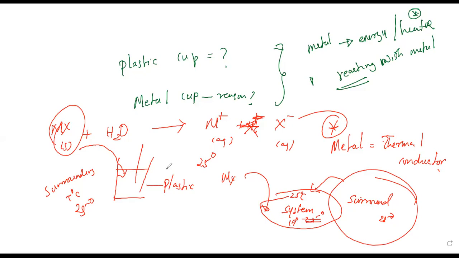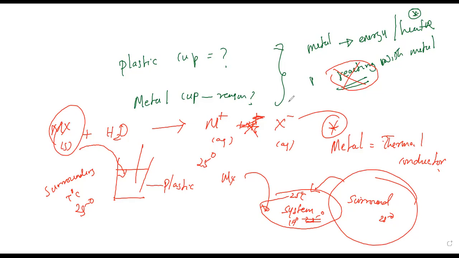Yes, madam. Okay, so what you said is that the metal is able to absorb. The word reacting is wrong. Don't use that word, because reaction could mean a chemical reaction. Absorbing or releasing is the right word, and you should mention where it is absorbing from. Or at least you can say metal is a good thermal conductor, but plastic is a poor thermal conductor, because it has a low heat capacity.